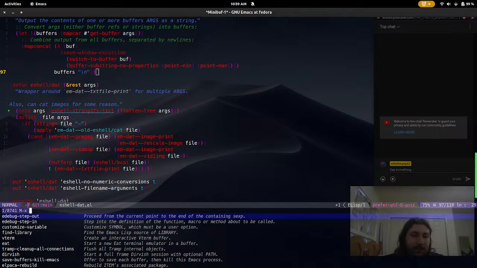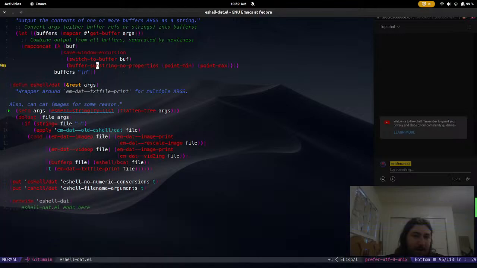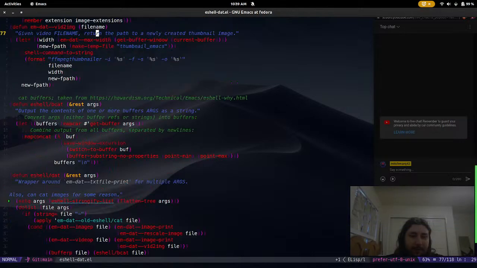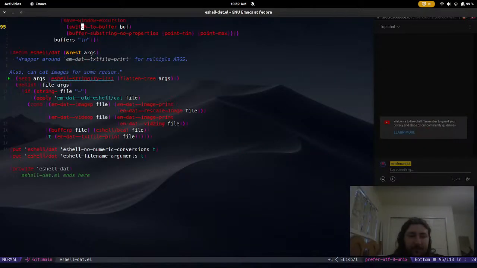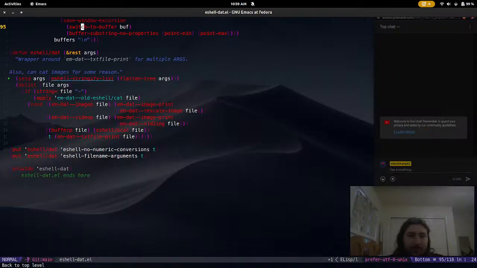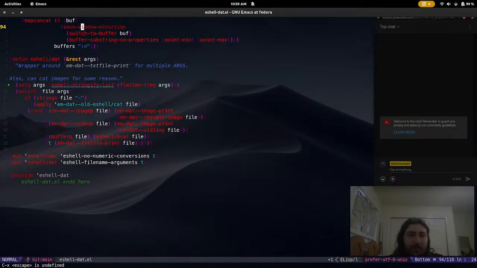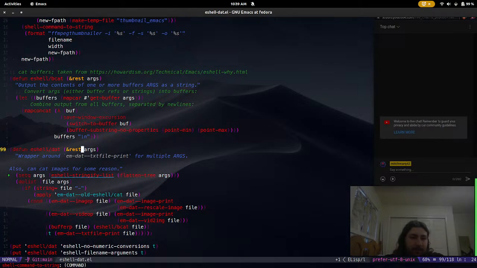Edebug, stop edebugging. I don't care. I can just press Control X B. Doesn't work. Why not? Oh wait, Space B doesn't work either. That's my shortcut for Control X B. So the thing is,